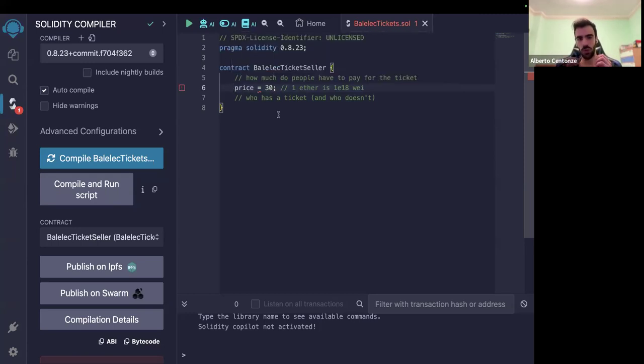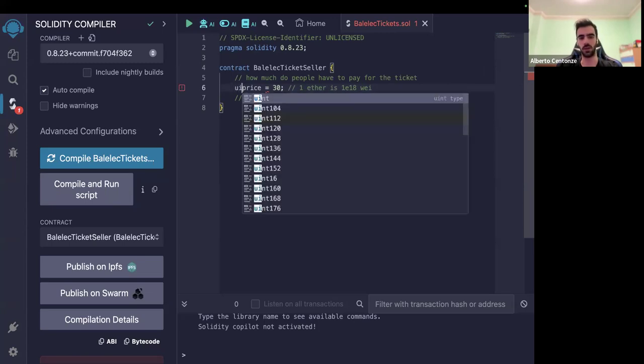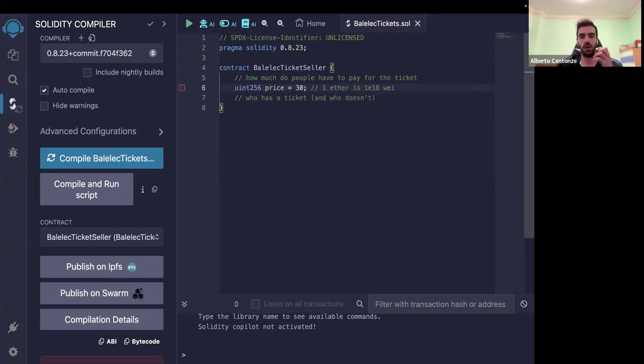And here we need a couple of things. This is not Python, this is statically typed, so we need the type for the variable. What we're going to do is make this uint256. There's a couple of things going on here. This is an unsigned integer, so an integer that can only be positive, and we use 256 bits to store this value. You could argue 256 bits is a bit overkill to handle just a value that could be 30. But in general, with larger prices, this is usually the standard, so it's better to have this amount of space to handle amounts precisely.